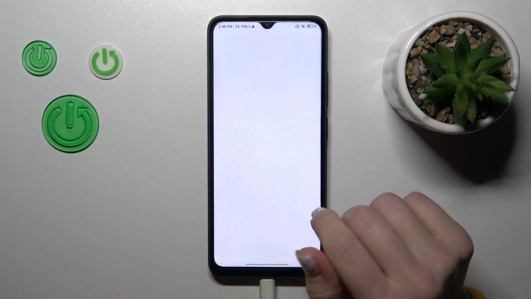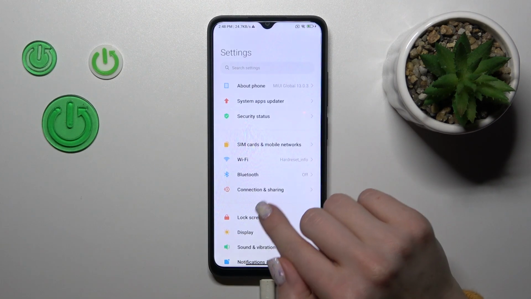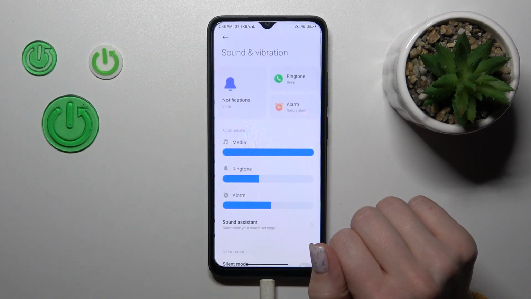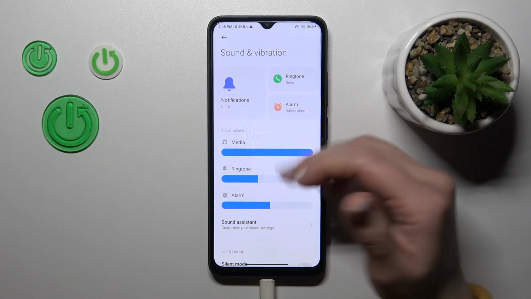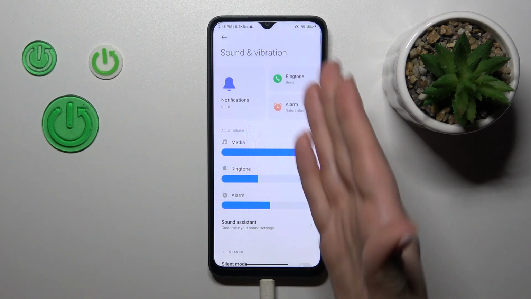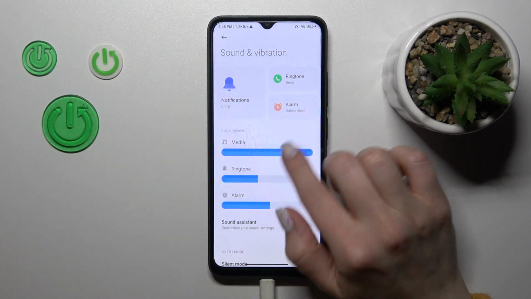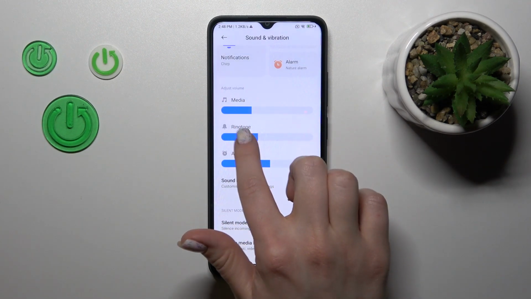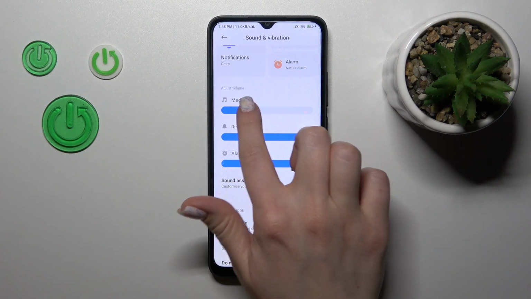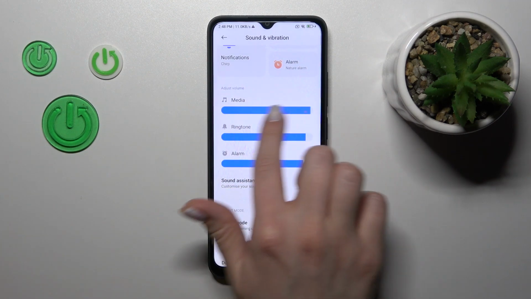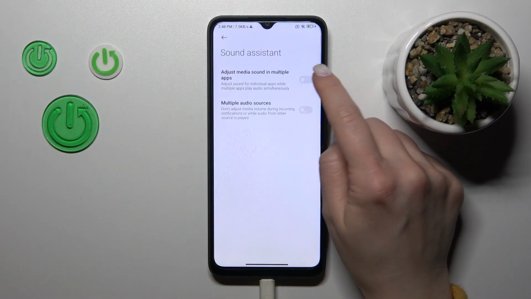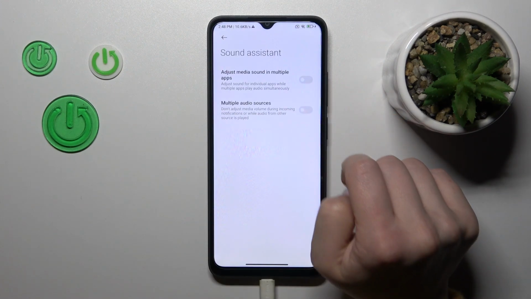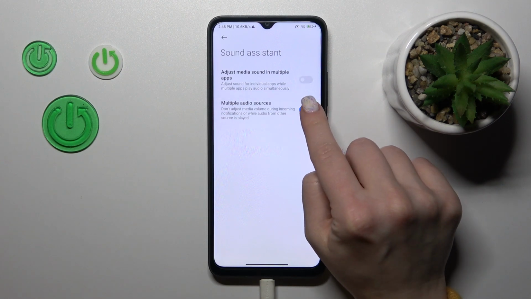So first let's open the settings application and then tap on sounds and vibration. Here you will see notifications, ringtone and alarm. To change them, we should tap on the section and select one from the available sounds. To change the media, ringtone or alarm volumes, we should slide these panels to the left or to the right. Also, in the sound assistance section we can adjust media sound in multiple apps with the switcher